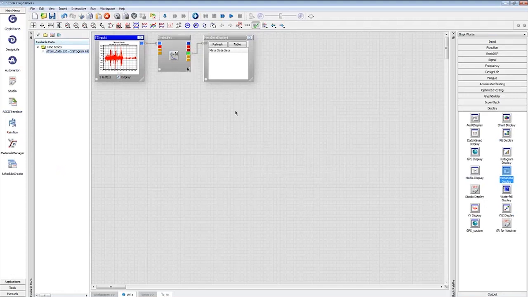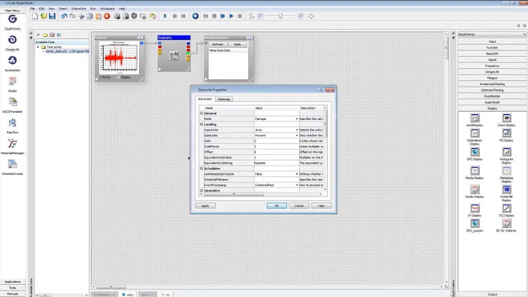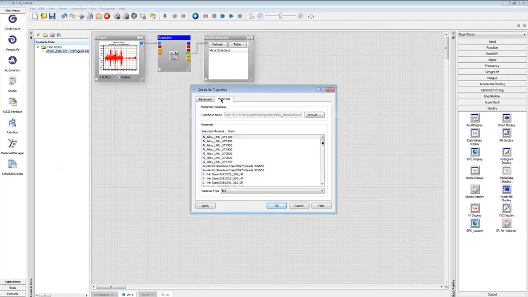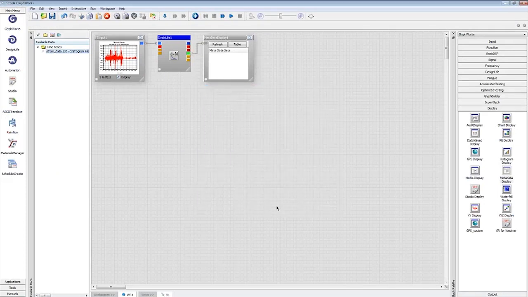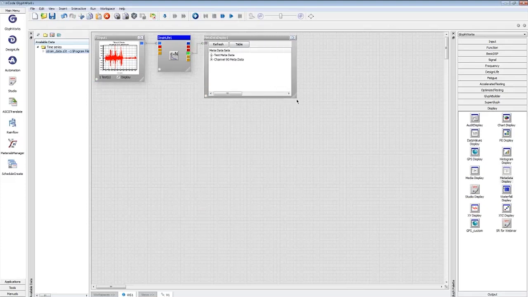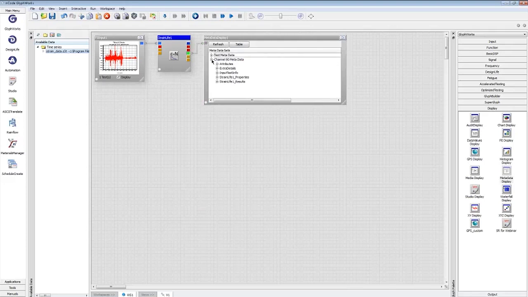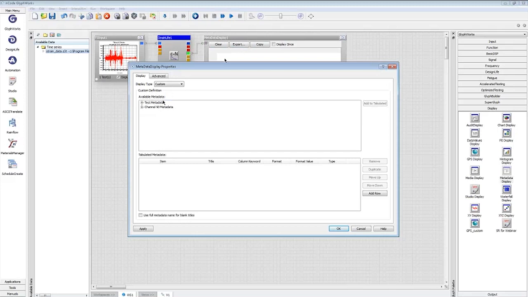Okay, so in order to do the fatigue analysis, the only other property I have to set in here is the material. So I'm just going to go grab a material that I know works well here. And at this point, you're ready to run your flow. So if I hit run, I can see in my metadata here, I'm going to actually just choose to view some specific results here. So I'm going to click on table and choose to look at,